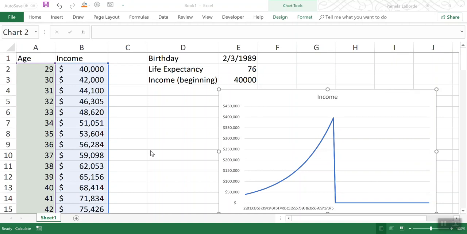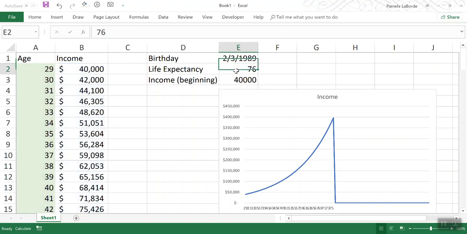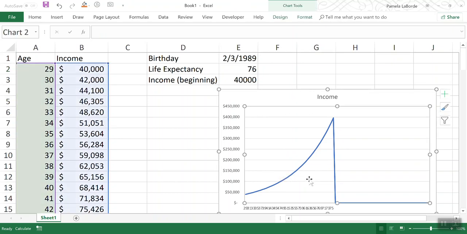Okay, I'm demonstrating how to use the offset function to create a dynamic named range so that your charts will automatically adjust whenever, in this case, a person's birthday or their life expectancy changes. So right now, I just have a basic line chart, and I have graphed age on the horizontal axis, income